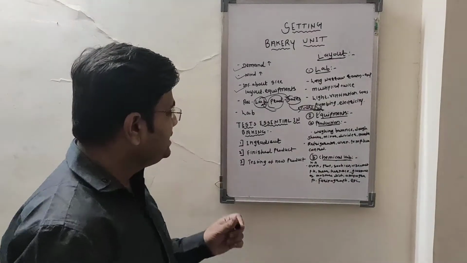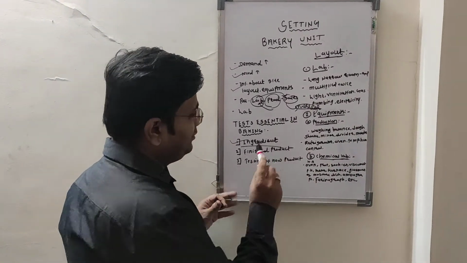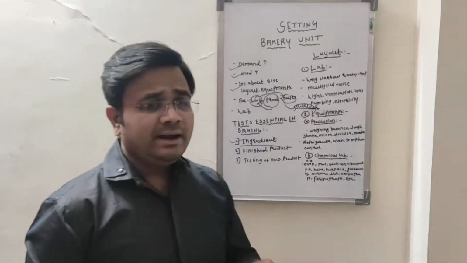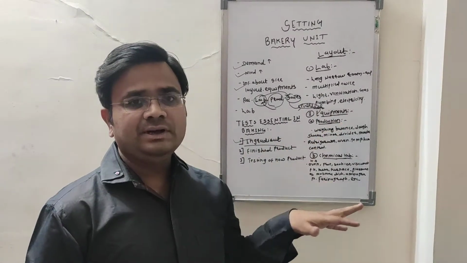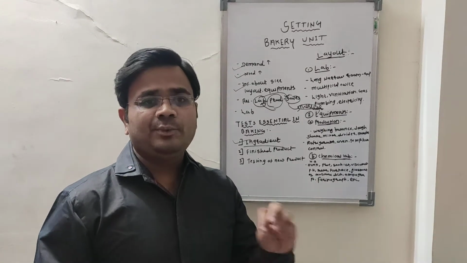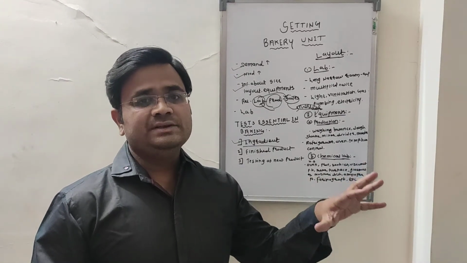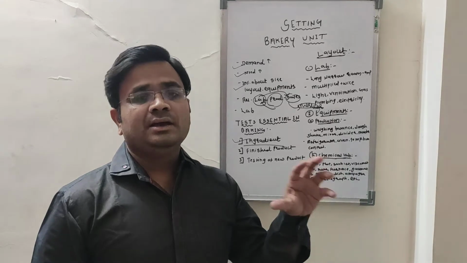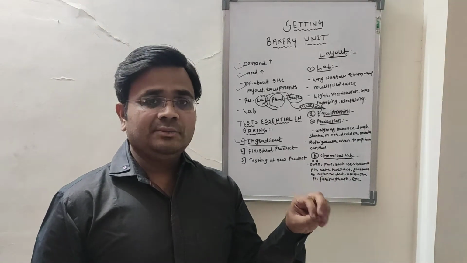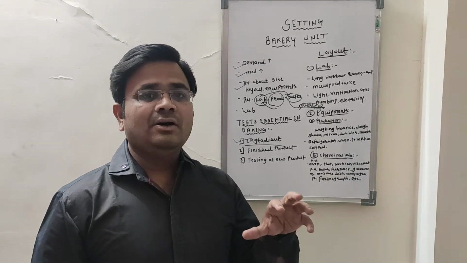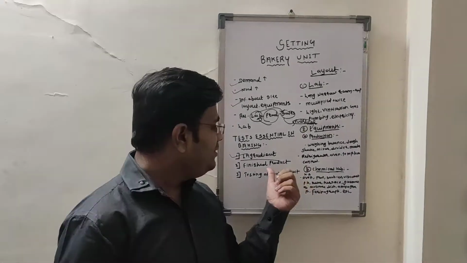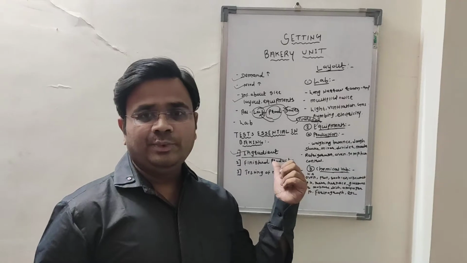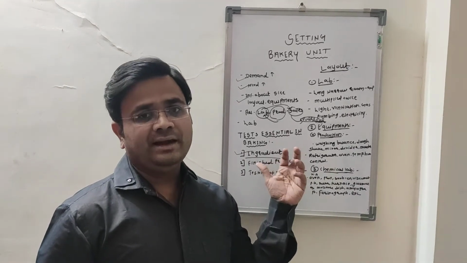The first thing is testing of ingredients. There are many ingredients, and that depends upon the product. All the things that we are going to discuss depend on which type of product you are going to prepare. For example, bread, biscuits, crackers, or cake. The ingredients will vary according to the product.